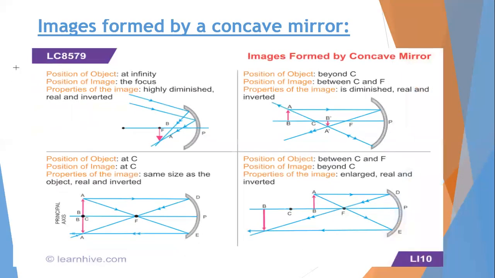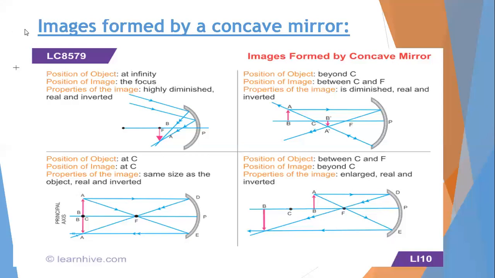The image formed by a concave mirror. There are 6 types of images formed by a concave mirror when the objects are at different places. When the position of the object is given, the position of the image we can find out, and the properties or characteristics of the image we can also find out with the help of these image formations. Also, we will know the nature of the image, which type of image is formed at different places in front of the concave mirror.